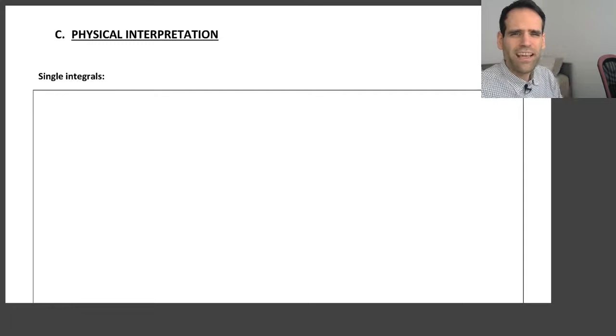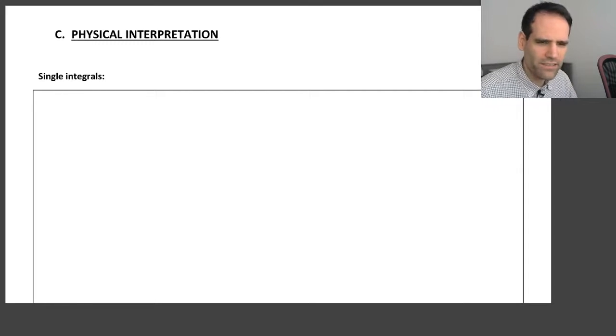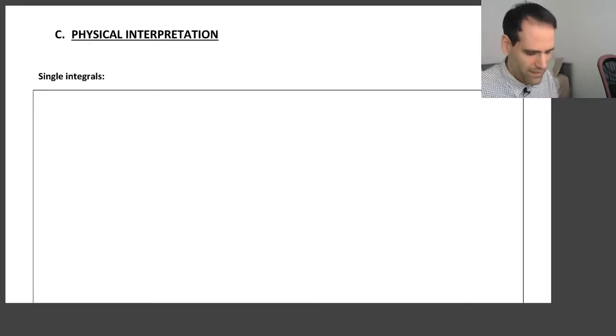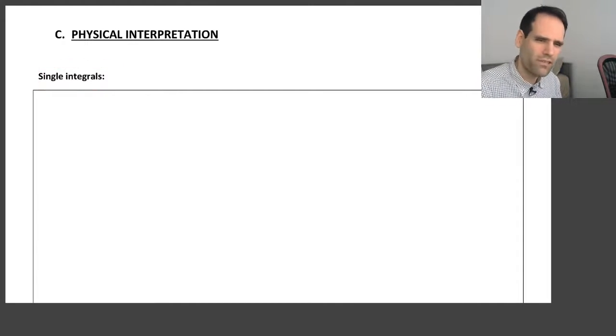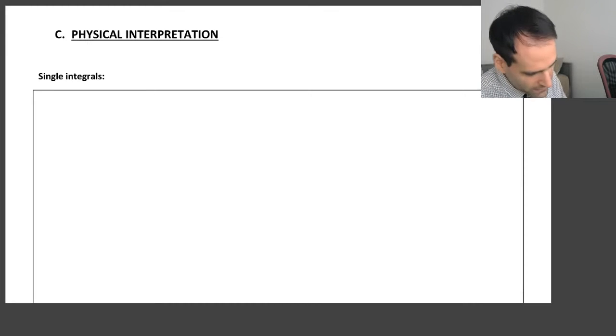So now that you have learned how to calculate double integrals, it's time we think about what's the physical interpretation of double integrals. And for that, I actually want to go one step back and talk about the physical interpretation of single integrals, okay? And the reason I'm doing this is that it's often a bit misleading to think of single integrals simply as the area under a curve,